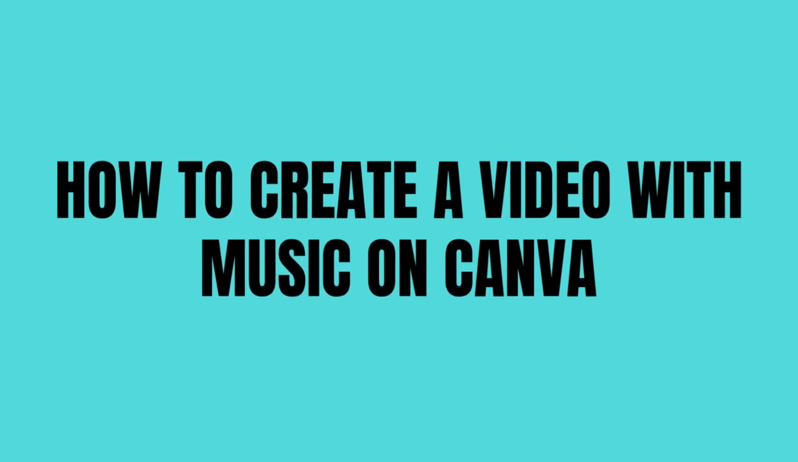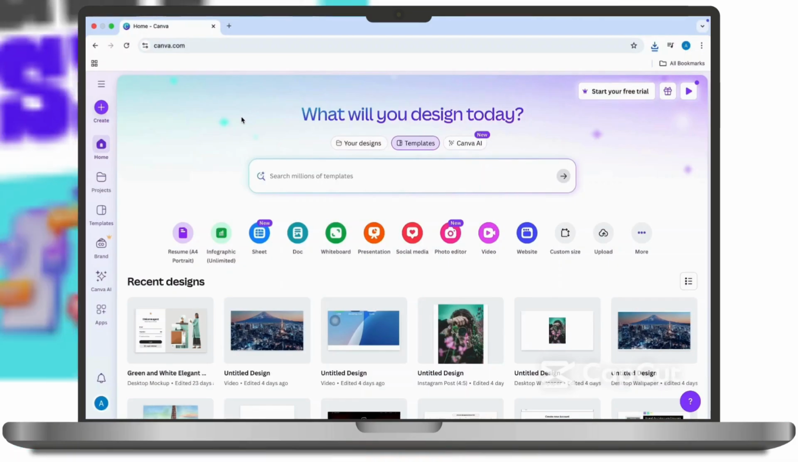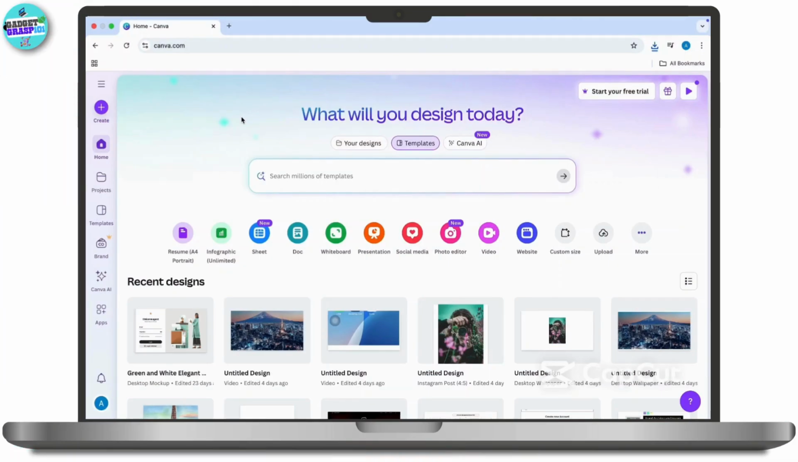How to create a video in Canva with music. So here's a step-by-step guide to create a video in Canva with music, quick and beginner friendly. So let's get started. First of all, go to canva.com or the Canva app, then log in